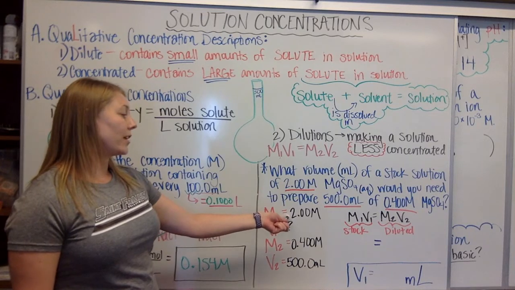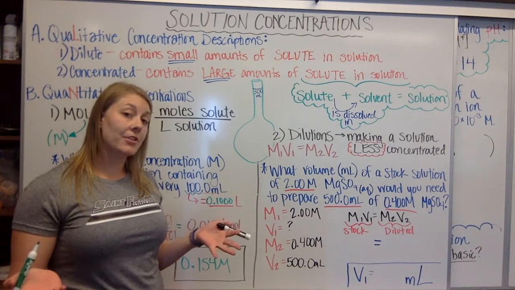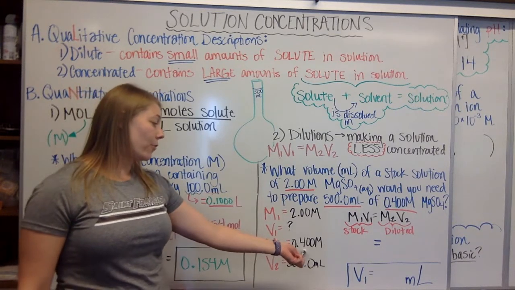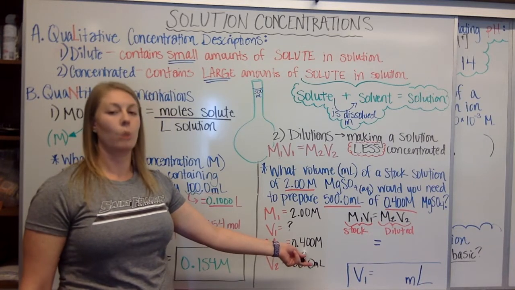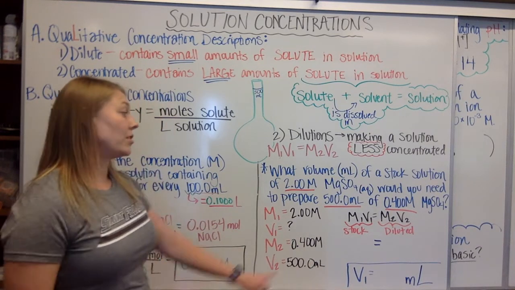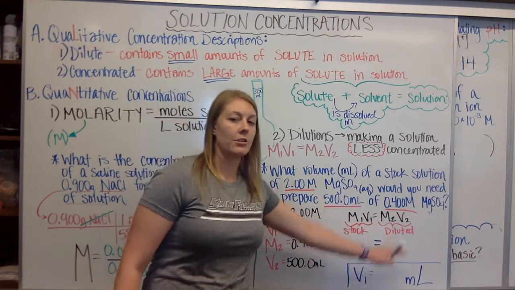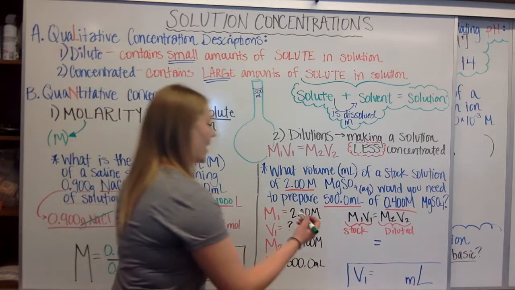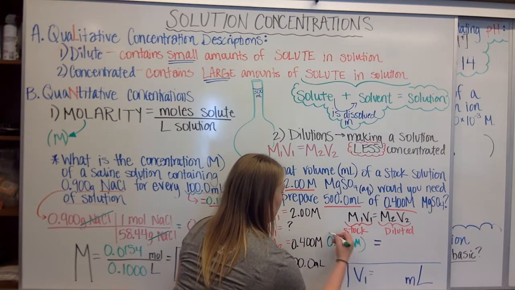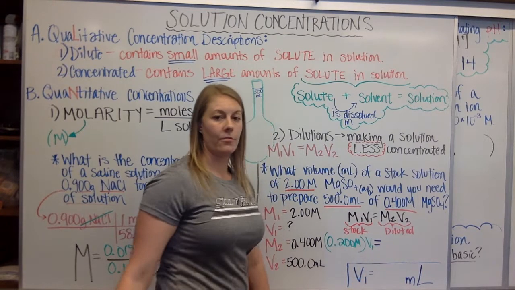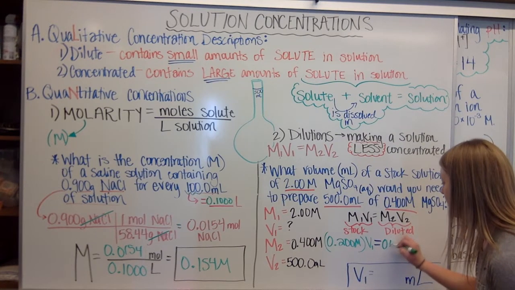We know that we're starting with a 2 molar stock solution. We want to know how much water to add to it to make 500 milliliters of a 0.4 molar solution. Okay, so we're just using this M1V1 equals M2V2. We have our stock solution on the left, diluted on the right. Okay, so we know that we have 2 molar. We don't know what volume, so V1 equals M2 is 0.400